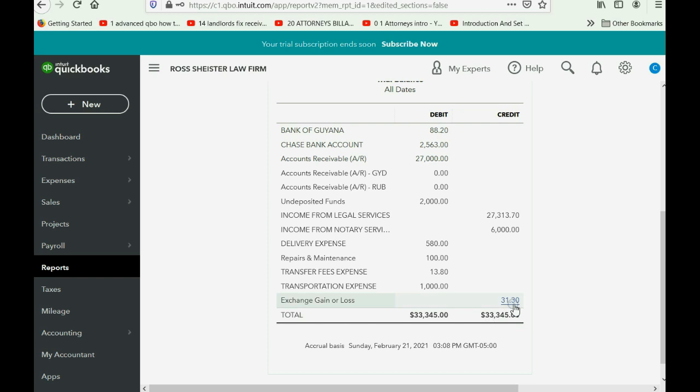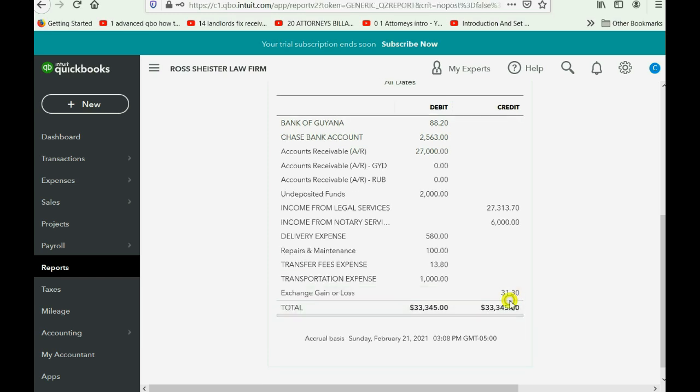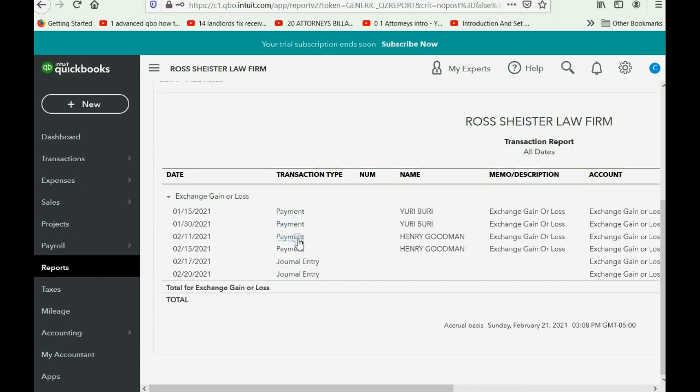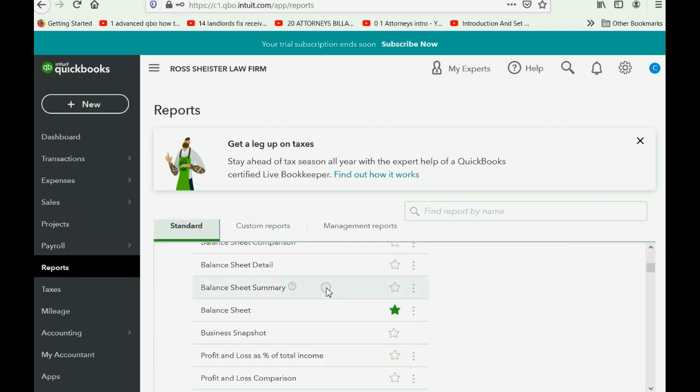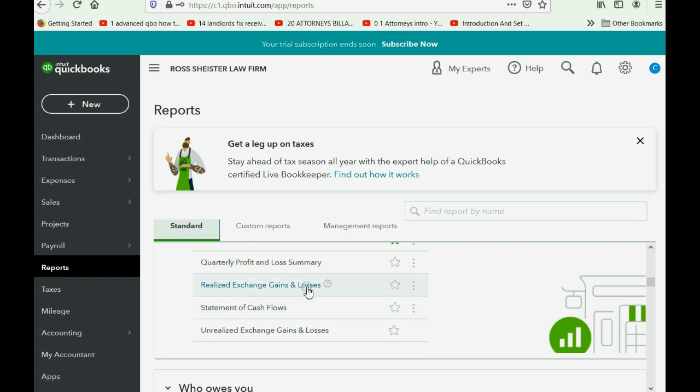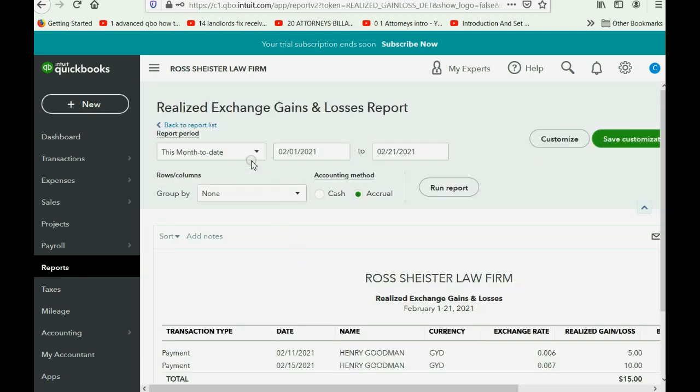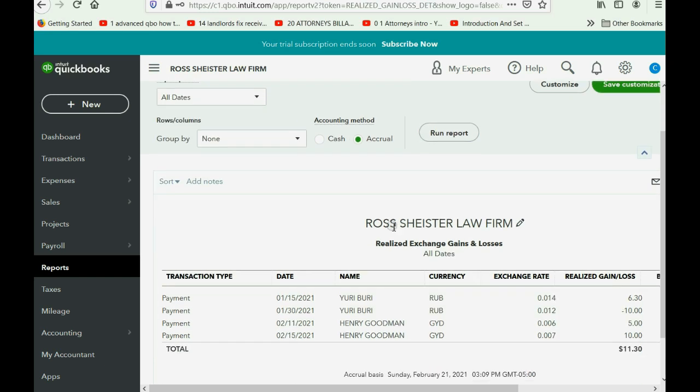You see, the QuickBooks report for realized gains is different from the desktop report. The QuickBooks desktop version would show all of the gains and losses that have been recorded, including the revaluing the currency journal entries that we made, one of each in the two prior videos. But you will see that unfortunately, if you click Reports and you click Standard and you slowly go down to Realized Exchange Gains and Losses, even if you choose All Dates and Run Report, it will only show you the transactions where the gain or the loss was recorded,